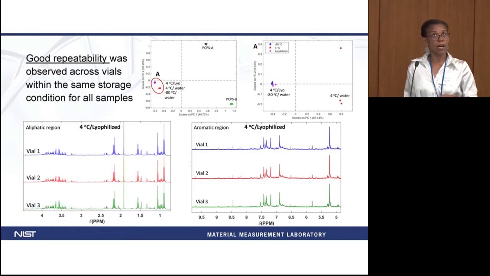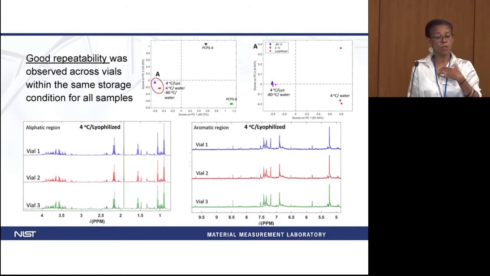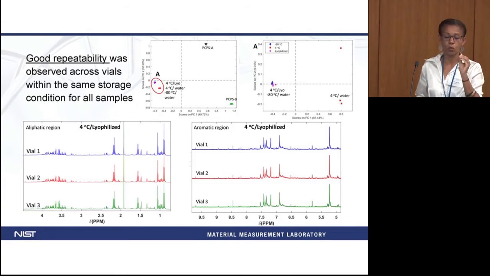Moving forward, we look also at the repeatability of the samples, right? So looking at vial, cross vials, so how they look like. So here it's an example of the lyophilized one. Also look at the two regions. They are very similar. If you put this on a PCA with all the samples, I just wanted to point out that